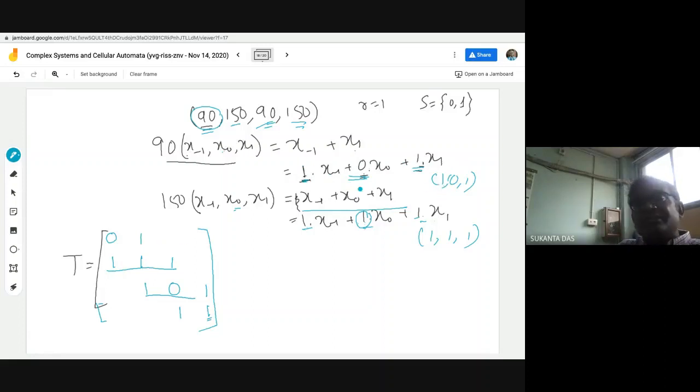You put the scalars in this fashion, then you will get the T matrix, and the rest are all 0. It's a sparse matrix. T matrix is a sparse matrix. So in this way actually,